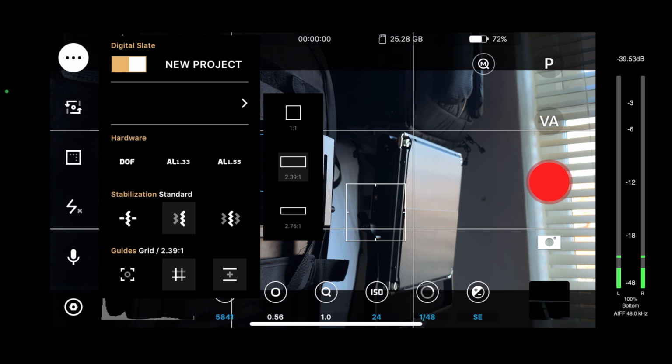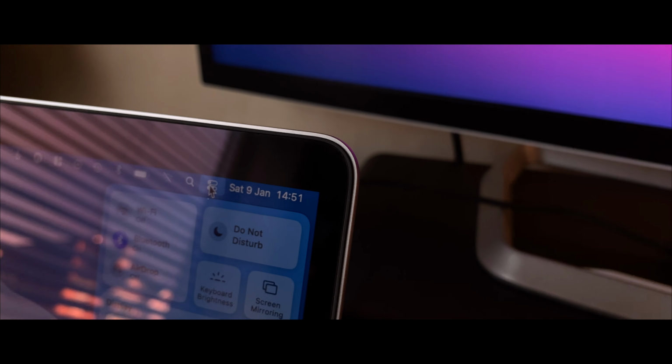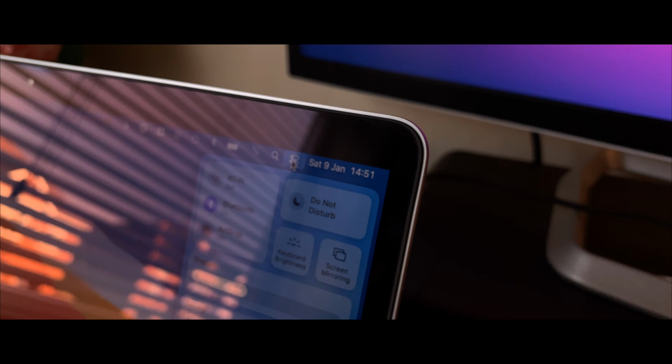I'm also taking advantage of the fact that Beastcam has these widescreen aspect ratio guides built in. See how the widescreen aspect ratio immediately makes the shot look more cinematic? There's nothing intrinsically cinematic about a widescreen aspect ratio. Again, it's just about association. We associate the widescreen aspect ratio with the cinema.